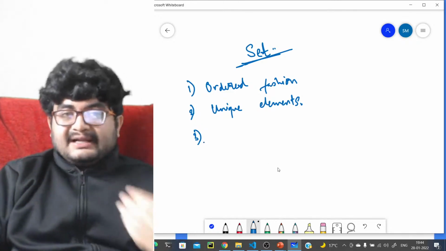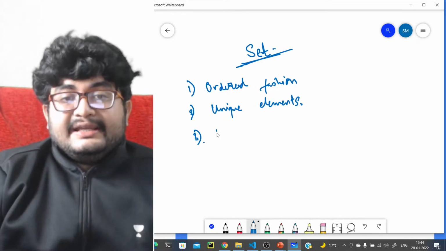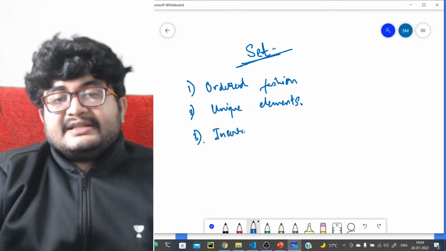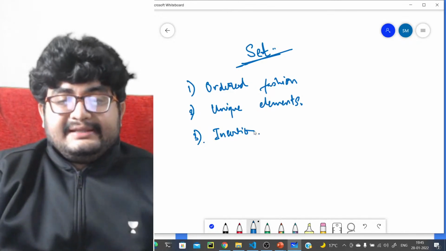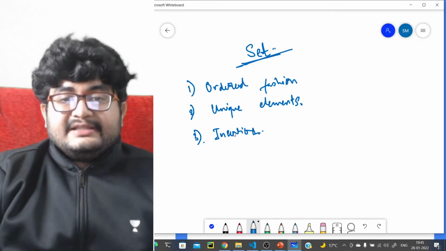Third, now we'll come to the important parts. The third is insertion. If you are inserting any element into the set,